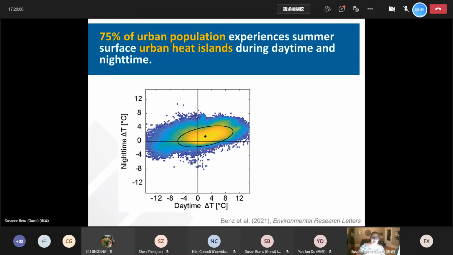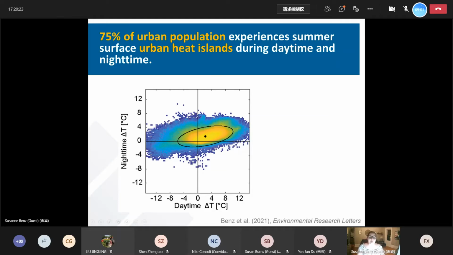I haven't checked what the weather is like wherever you are at the moment. In the US, we have a heat wave going on at the moment. So these people that experience urban warming during daytime and nighttime are exposed to additional temperatures, and it's just unbearably